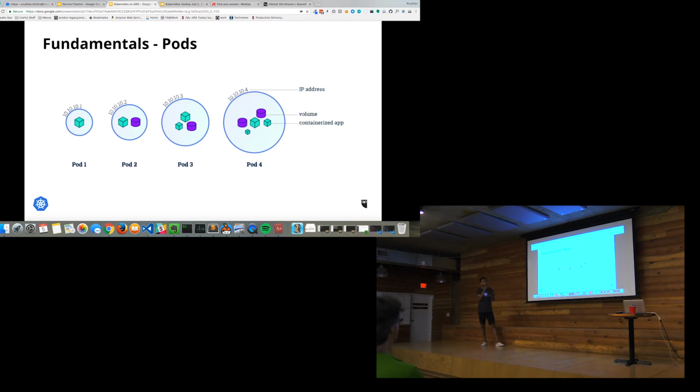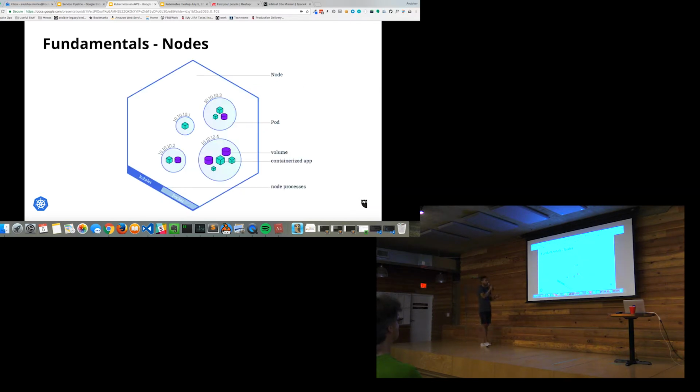You can look at them as VMs. Each one of them has an IP. And each pod can have multiple containers or a single container. In our case, we usually go with a single container. But all the other containers inside a pod feel that they're part of the same machine, so they share resources such as CPU, memory, and network. And the best part about this model is that each pod gets an IP, so you have a flat network. You can have one pod communicating with other pods directly using the IP, which is nice.